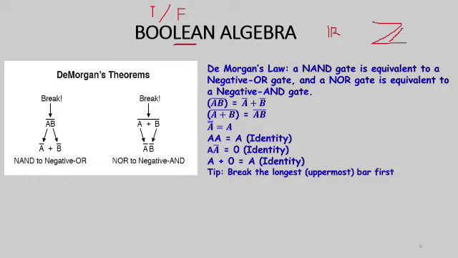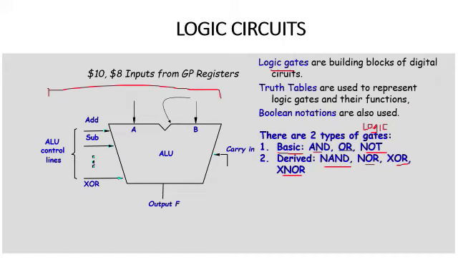So now, DeMorgan's theorem has to do with how we manipulate Boolean expressions. One of DeMorgan's laws says that a NAND gate is equivalent. Let's go back. I would like to show you something from this. An AND gate, let's take an AND gate for A and B. The AND gate for A and B here will be